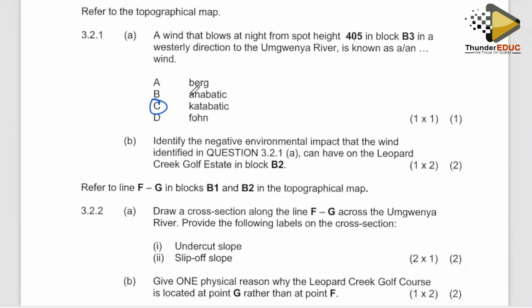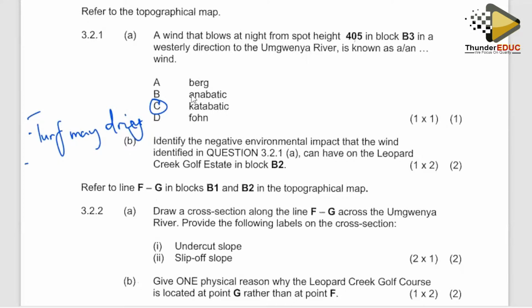So what we can say there is that it can contribute towards the drying of the turf. Remember, it will be excessively cold and the turf might not be resistant to excessively cold conditions. So the turf may dry. That is one possibility. Because of excessive cold conditions, you might find that the turf in the golf course may be made to dry because of